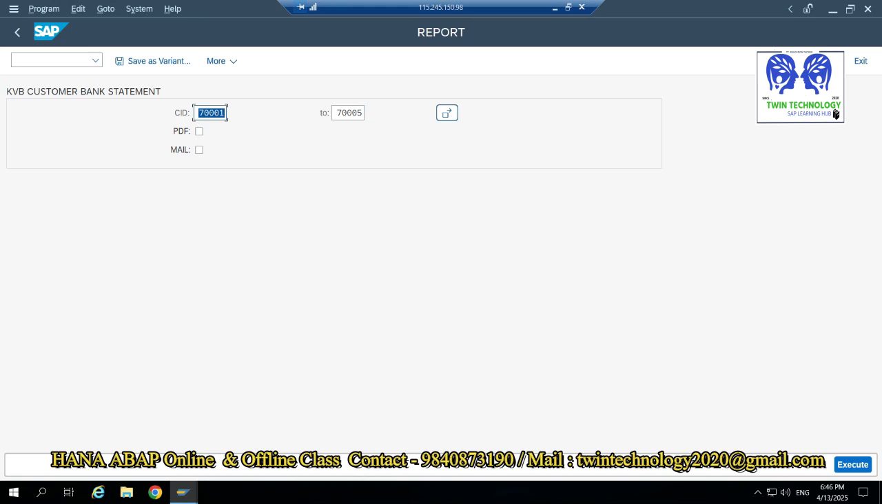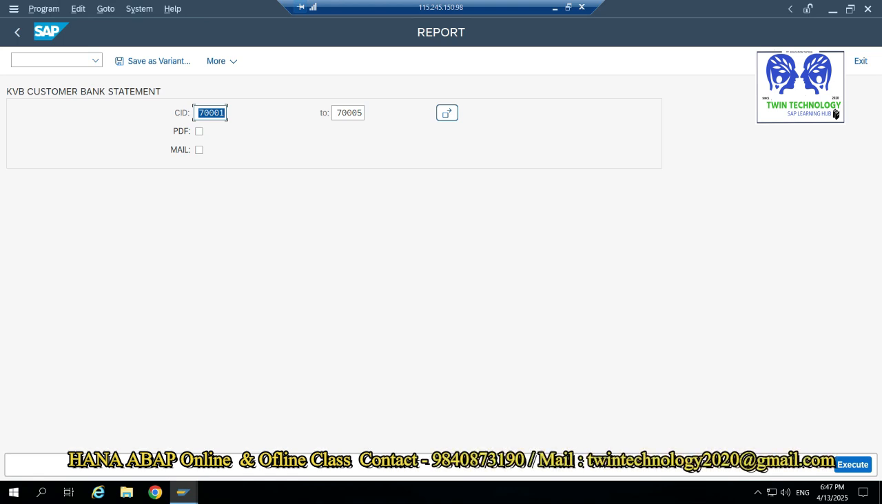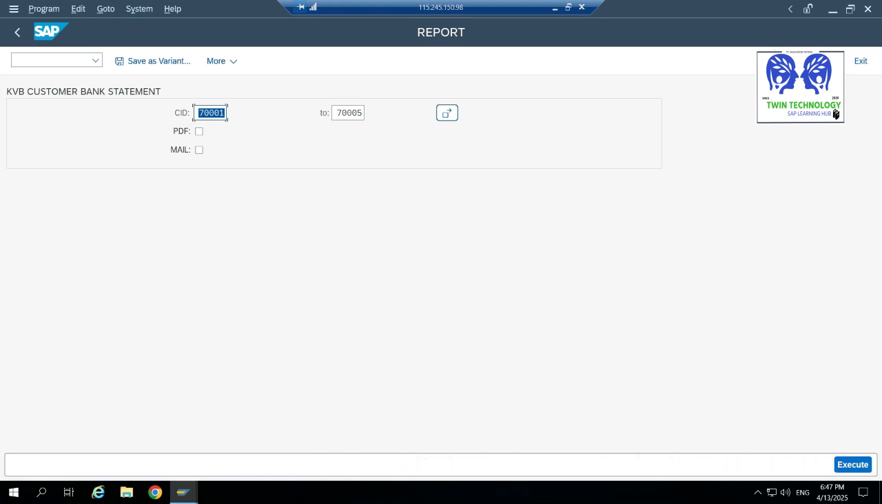Technology. Today we discuss events in reports. In events there are different types in a report. One is the declaration event, another one is the implementation event. In declaration events, multiple types are there, like initialization, at selection screen output, at selection screen on radio button, at